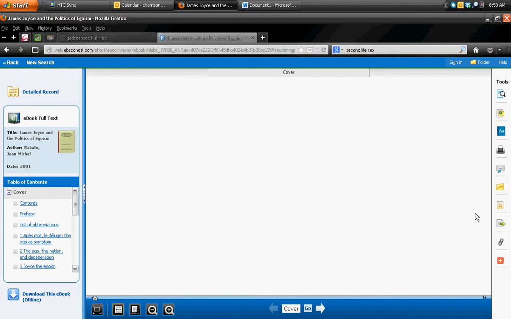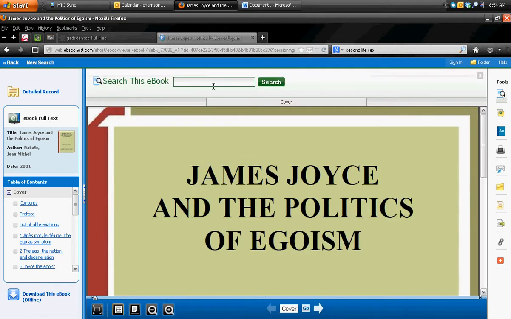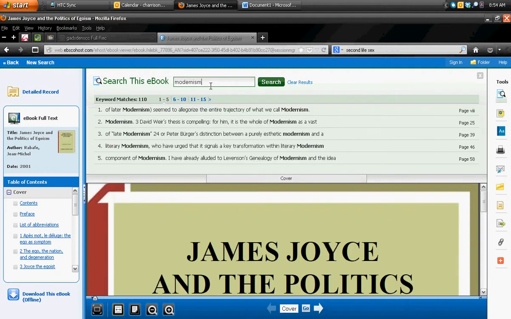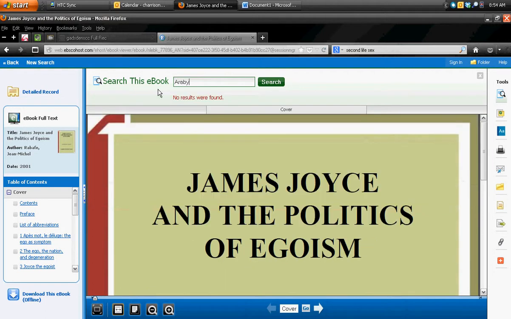Now, like I said before, if you've got the physical book, if you're at the shelf, you will pull it out, take a look at your table of contents, or go through the indices and see if you find what you need. I can do the same thing here. I can click the search button and search for a particular term if I want to, and it'll find it in the book for me, and I can click directly to that page. Or I can look over here, scan through the table of contents, and see what I want to find. So let's look and see if Araby's in here, for example. No results. This book doesn't have Araby in it, so we can leave it alone. We don't need it, so we can go on to another one.